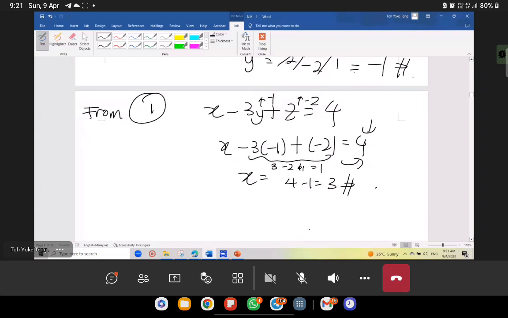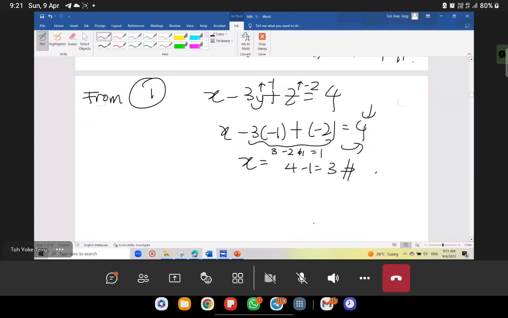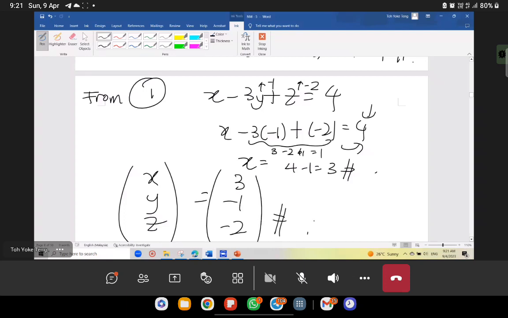So that means you get all these values. One more thing: during the exam it is better that you rewrite it in a column, easier for me to mark. So x, y, z refers to here: x equals 3, y equals negative 1, z equals negative 2. Another thing I want to share with you is some tips, based on the questions, you know that the equations are in the form of